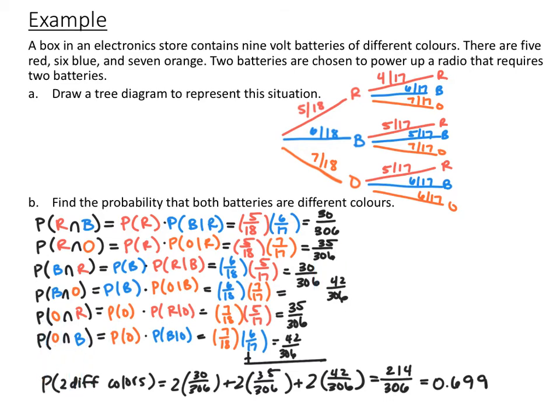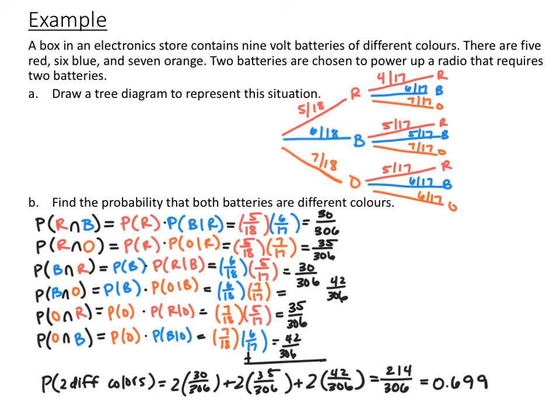And then same thing here, the probability of orange and red and the probability of orange and blue, they're the same as the ones up here, but order matters, so you have to take both of those situations into account. So the probability that you pull 2 different colors is all of these added up, so 2 times 30 over 306 plus 2 times 35 over 306 plus 2 times 42 over 306, you end up with 214